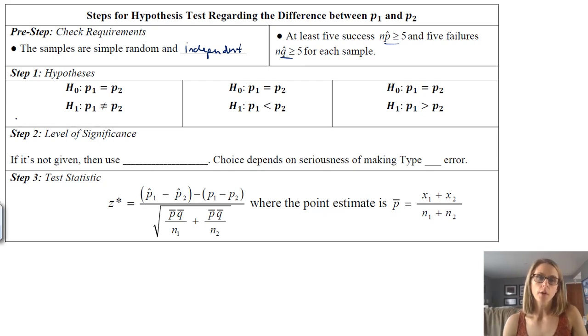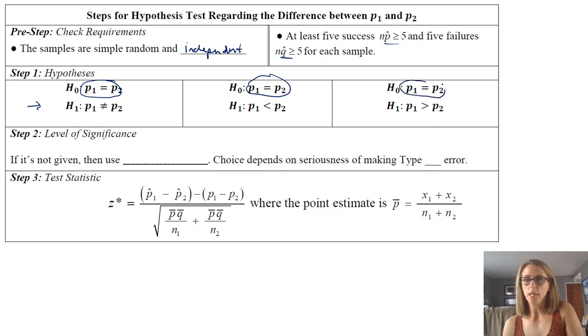All right, so here's our different hypotheses. We've got either, so notice same thing here and here and here, that P1 is equal to P2, and then just 3 different possibilities, again, very similar to what we did in chapter 8, that P1 is not equal to P2, that P1 is less than P2, or that P1 is greater than P2. And those are all the things that we'll see.